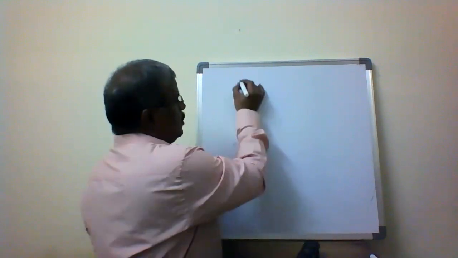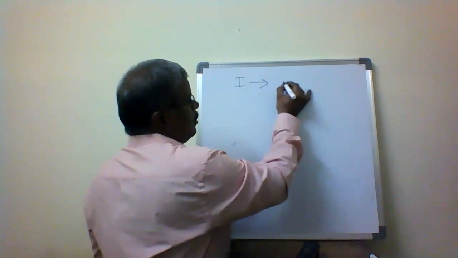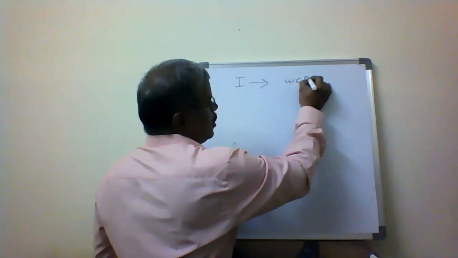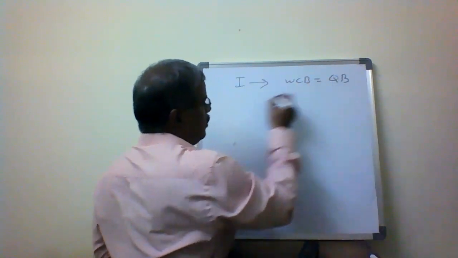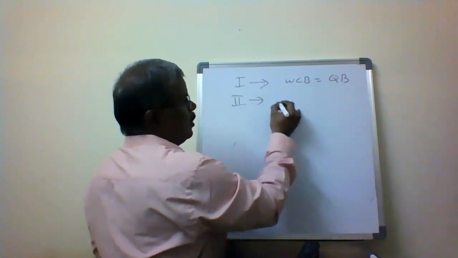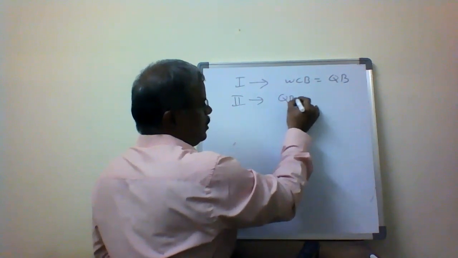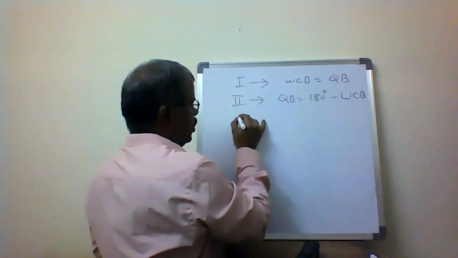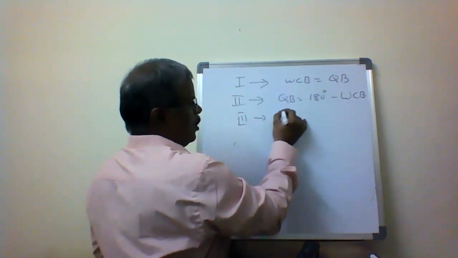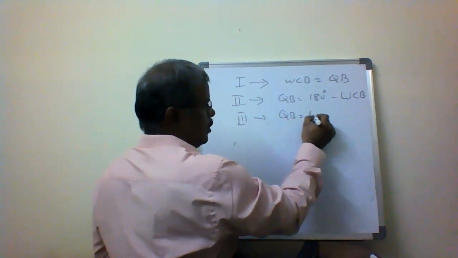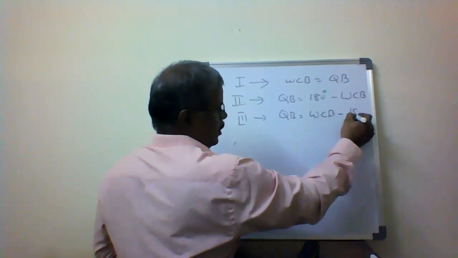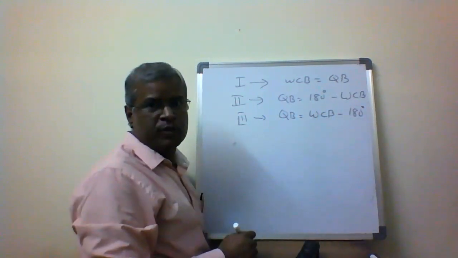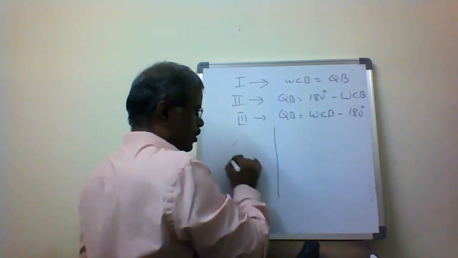So in the first quadrant, your WCB equals the quadrantal bearing. If I get the second quadrant, your quadrantal bearing is 180 degrees minus WCB. If it is in the third quadrant, your quadrantal bearing is WCB minus 180 degrees. Similarly, if I am in the fourth quadrant,